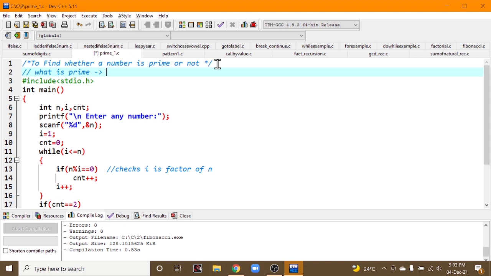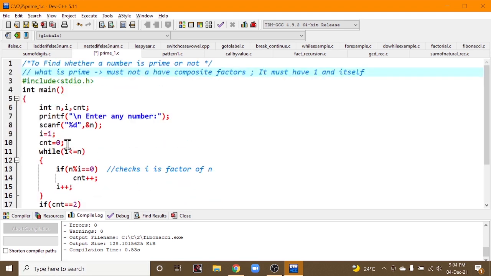A prime number must not have composite factors. Is it true? Yes. It must have only one and itself.